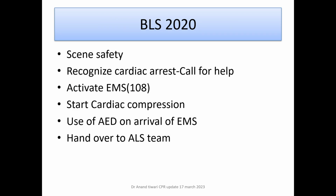So to understand this basic life support, these are the steps which we should remember. The first is scene safety. In COVID also we have seen: first do no harm, at the same time you have to save yourself. So use standard isolation precautions when you are dealing with such patients, and of course ensure the safety of the scene where you are going to perform, where the victim might have fallen anywhere and you have to move him to a safe place or keep him on a firm surface. Ensure that the scene is safe, see that he is not